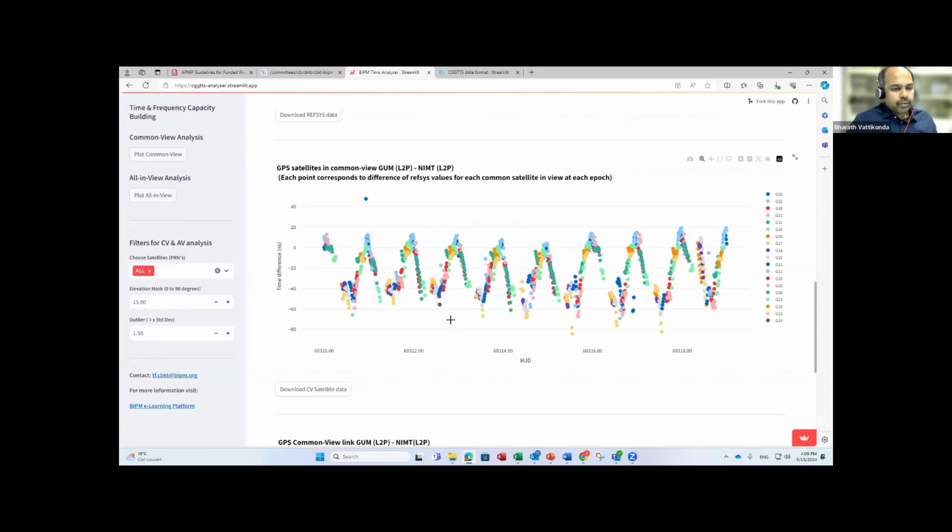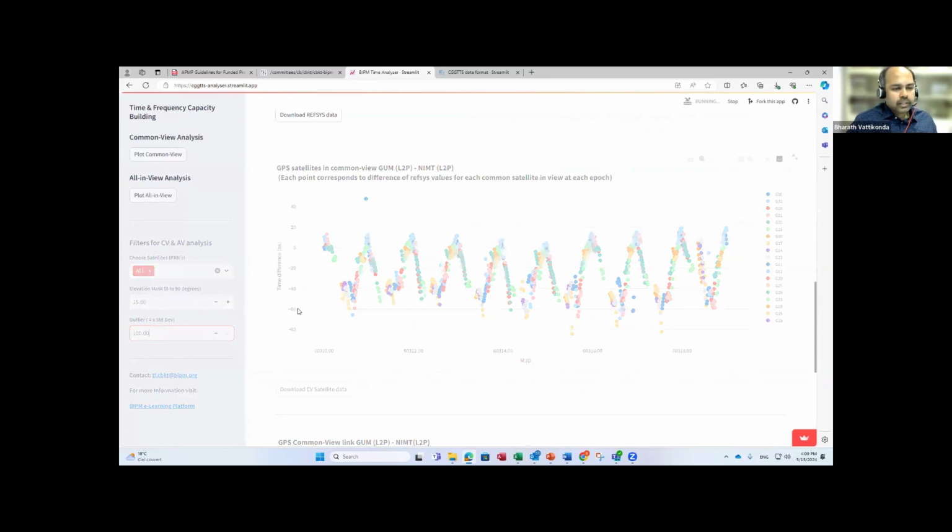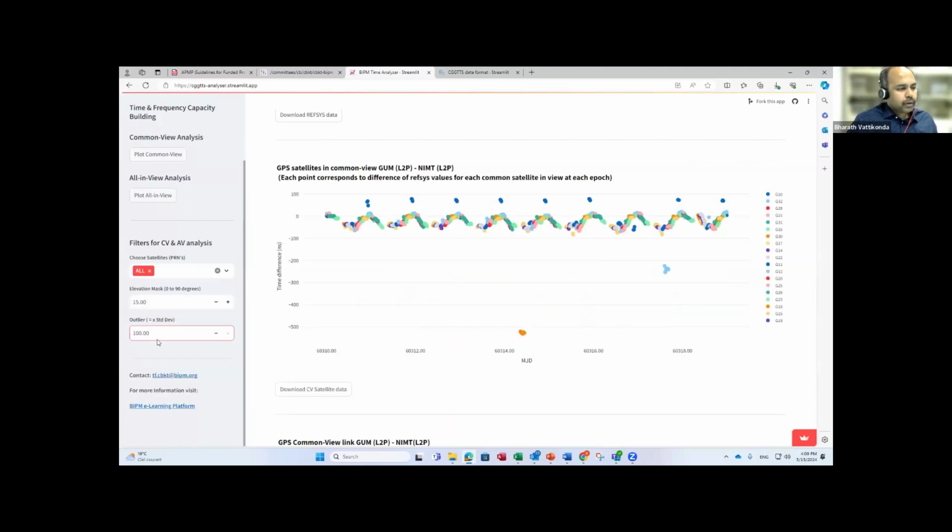So if we remove this barrier and allow all the outliers, we can see what the outliers in the data are. One point here is that for any action on the application, the entire application reruns. So all the plots get refreshed, all the data get updated. Once we allow the outliers, we can see that there is an outlier